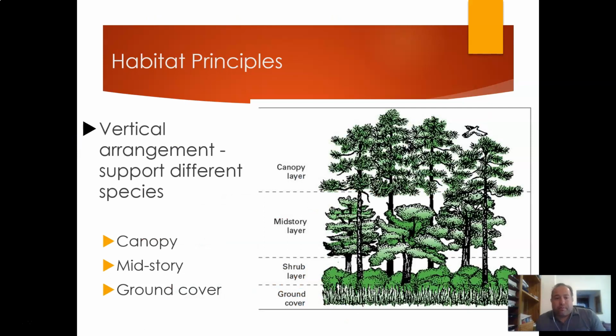Our third principle had to do with the idea of vertical and horizontal arrangement. So when we think about vertical arrangement, we want to think about the forest and the idea of canopy, midstory, and ground cover. We've got these different layers in the forest, and the different layers can function for different species. Certainly the canopy layer up above the ground is going to be much more focused on bird species, but